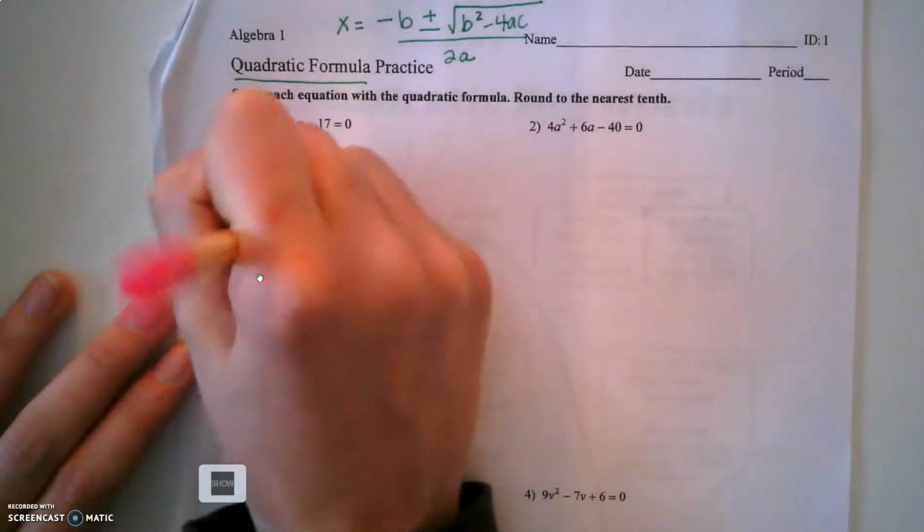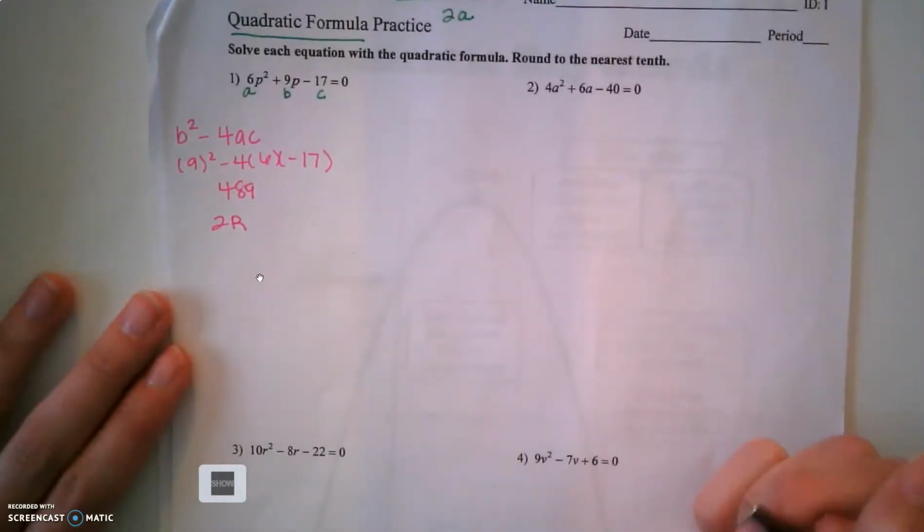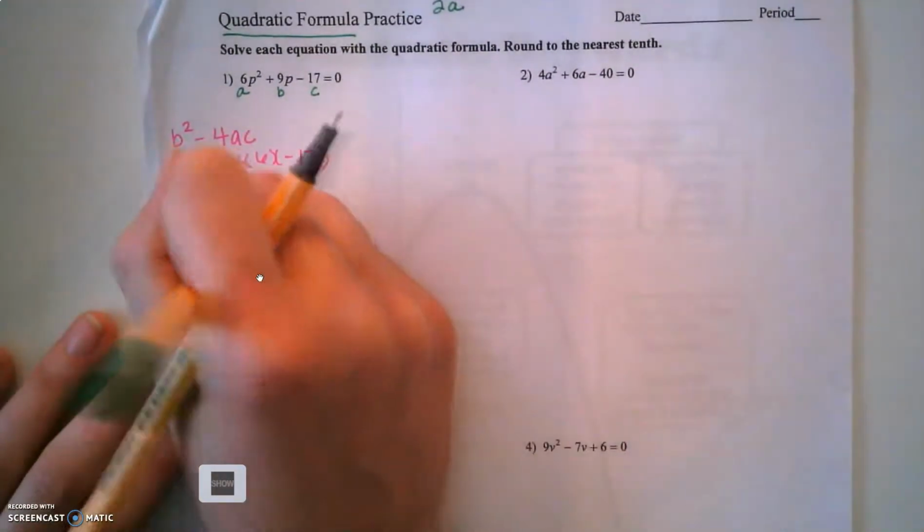That's 489. And remember, that's positive, so we have two real solutions. We'll know we'll get two answers from this. So let's go to our quadratic formula. We know we'll have,